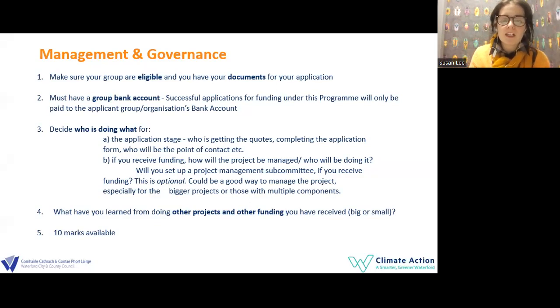So for the application: who's getting the funds, who's completing the form, who's writing the answers, who will be the point of contact? And then during your project, who's going to manage it? It could be that you decide you want to set up a project management subcommittee. It could be people within your community and from your board who are going to look after everything. Now, this is optional, but it could be a good way to manage the project,